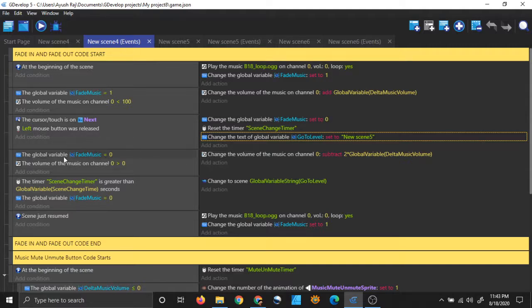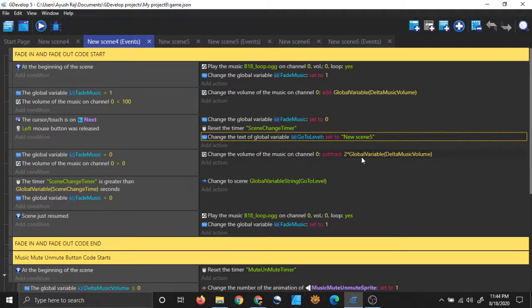So when this is true, fade music is 0 and the volume of my music channel is greater than 0. Volume on my music channel 0 is greater than 0, then I will subtract something. You can see I am adding global variable delta music volume, but I am subtracting 2 times of global variable